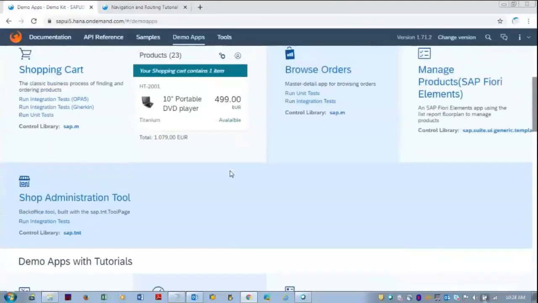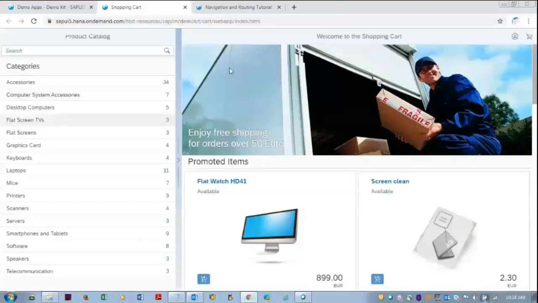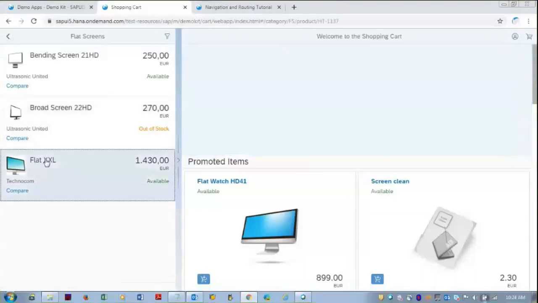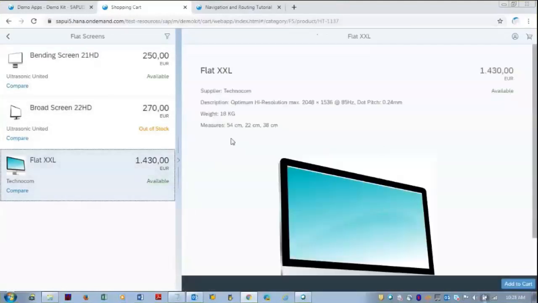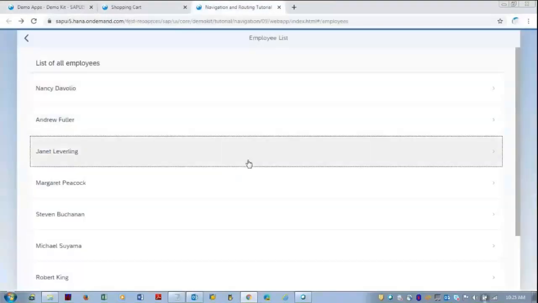But compare this to the application built using the master details template, for example the shopping cart. Here the left side you call the master and the right side you call the details, and any work item on the left side you click, the details will be shown on the right side. So there won't be any navigation from page to page. Here the page is fixed and split, 30% on the left and 70% on the right. You can slightly expand this. This feature is given in the latest templates.